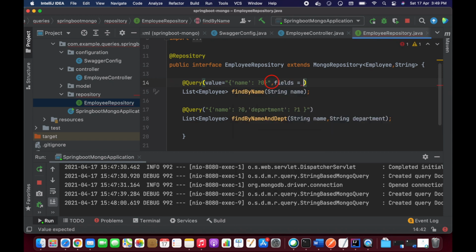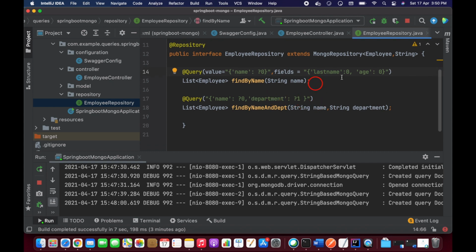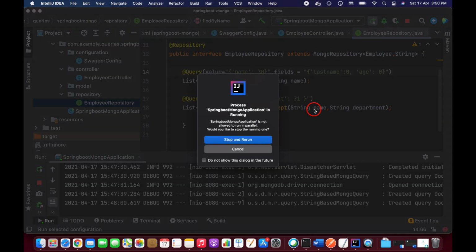Inside these fields, we need to add the fields you are going to ignore. So I'm going to ignore last name, and I'm going to take this one as 0. Okay, and after that I'm going to ignore these two fields. Okay, and if you start this, let's see the output.